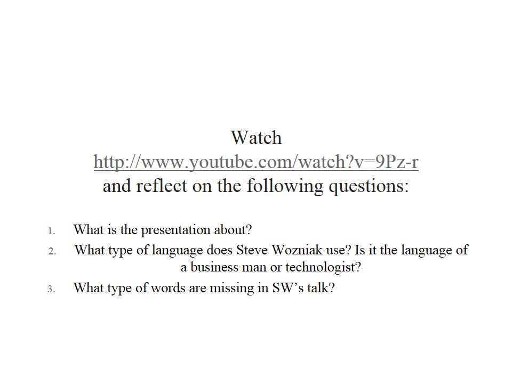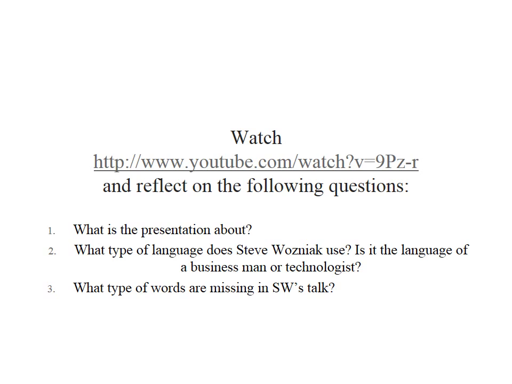It's very short, about 1.5 or 2 minutes, but what I invite you to do is to pay attention to what Steve Wozniak doesn't talk about, what is missing in his presentation. What is the type of language he's using? Is it the language of a businessman or is it the language of a technologist? Remember, for us, Steve Wozniak represents the paradigm of an innovator. Once you're done with it, come back and let's move on to the next